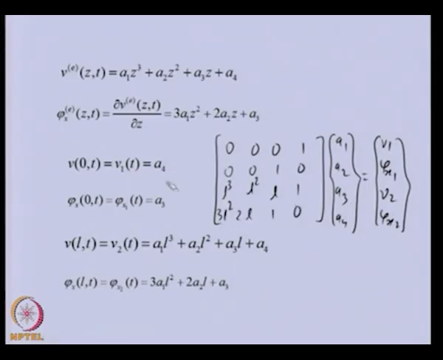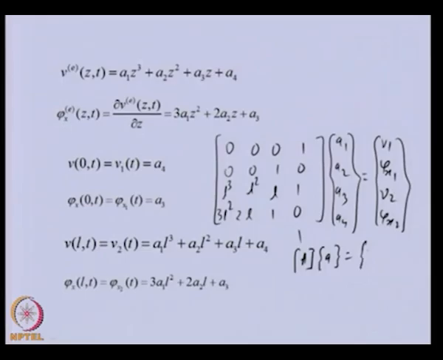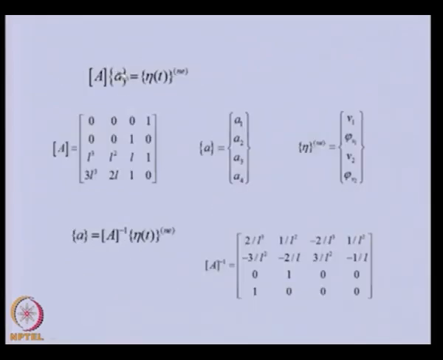So, basically we put this in a more systematic way in a matrix. This I am calling capital A, this is small a in the next slide, and this is eta, that is, the nodal displacements. Now, these constants are unknown, so we can get them by inverting the A matrix. That we have done here. We inverted the A matrix to get a multiplied by the nodal displacements, and if we invert the A matrix, the form of A inverse will be like this. So, we have now obtained the constants